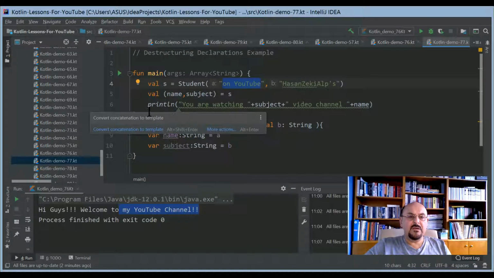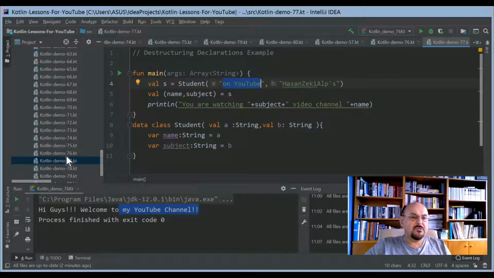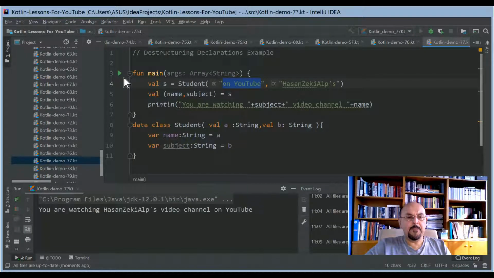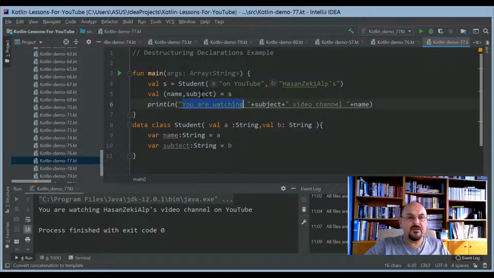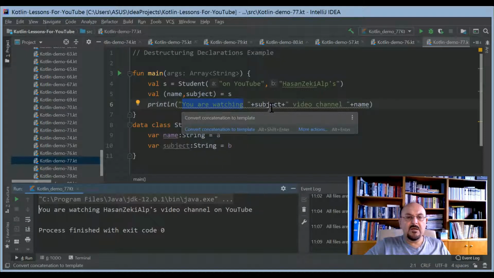So in sequence, in order, it's going to be printed out. I'd like to show it right now. Okay, at first this part will be printed out. You're watching, it's within the main block, okay. You're watching, this part, and subject